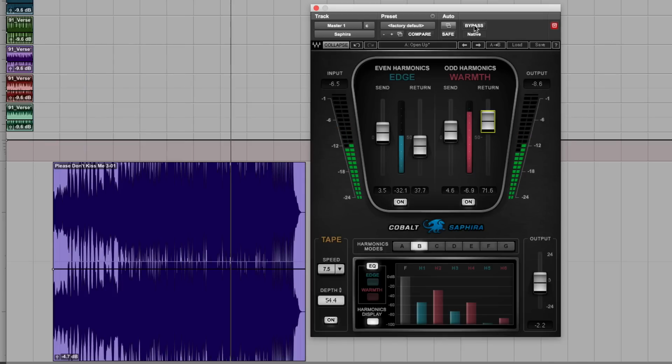Let's bypass it. Now the bottom end, if you can hear there,